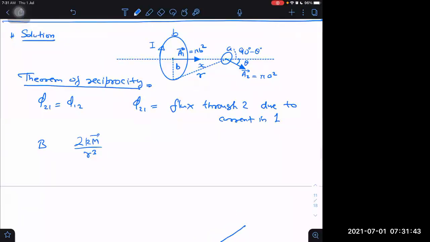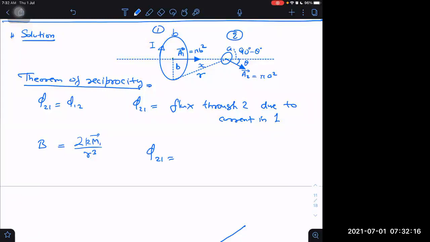What is B? B is equal to 2k m by r cube. Then what are we going to do next? B dot this. First I am taking this method, in which I have the magnetic field and multiply that magnetic field with the area vector. Then I get flux. Let us call it number one. Let us call it number two. Flux in 2 due to 1 is equal to